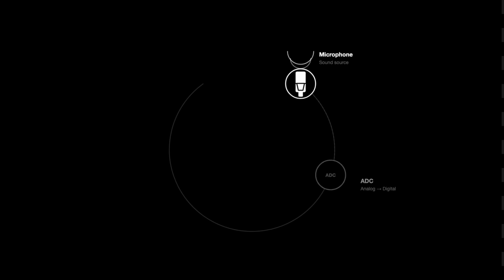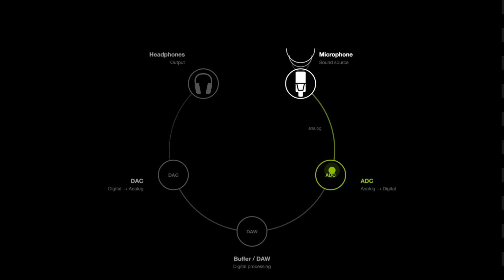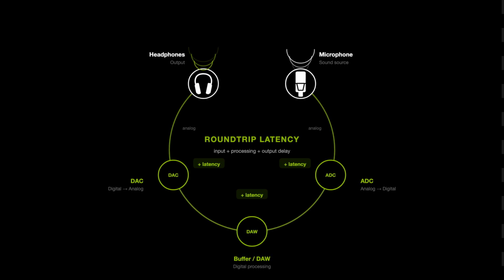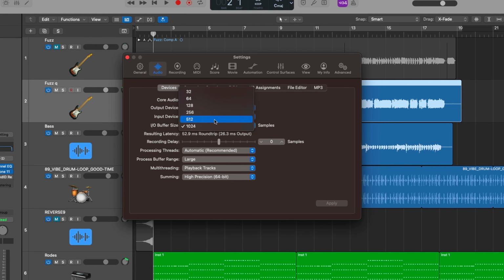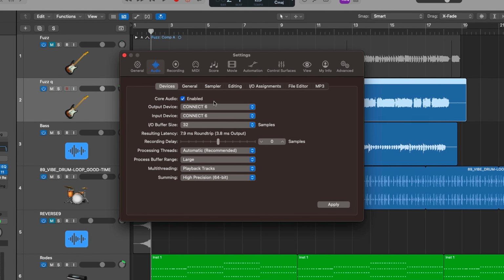So let's dive into what latency is a little bit deeper. Analog components don't really add much to latency, but the process of converting analog to digital and then digital back to analog creates a delay that we call latency. This delay adds up, resulting in the total delay between audio input, a microphone, and your output, either your speakers or headphones. This total value is known as round-trip latency. In most DAWs, you can see your round-trip latency calculated for you based on your current settings.